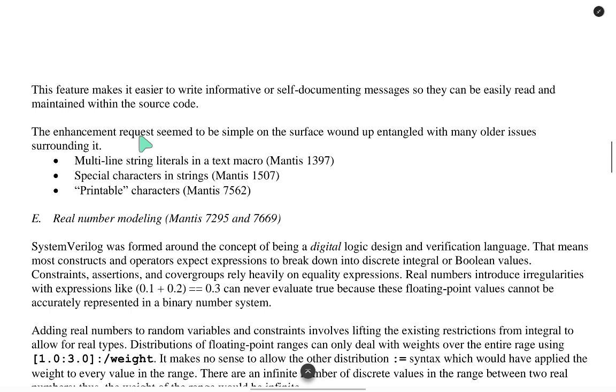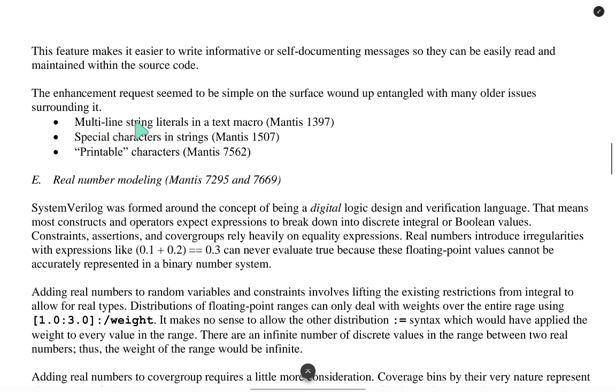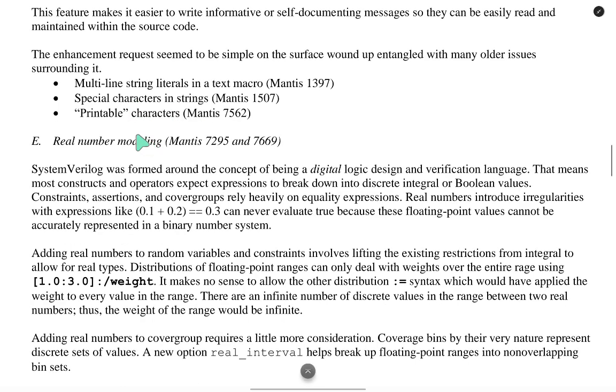The enhancement request seems to be simple on the surface but is entangled with many other issues surrounding multi-line string literals in a text macro, Mantis 1397, special characters in strings, Mantis 1507, and printable characters, Mantis